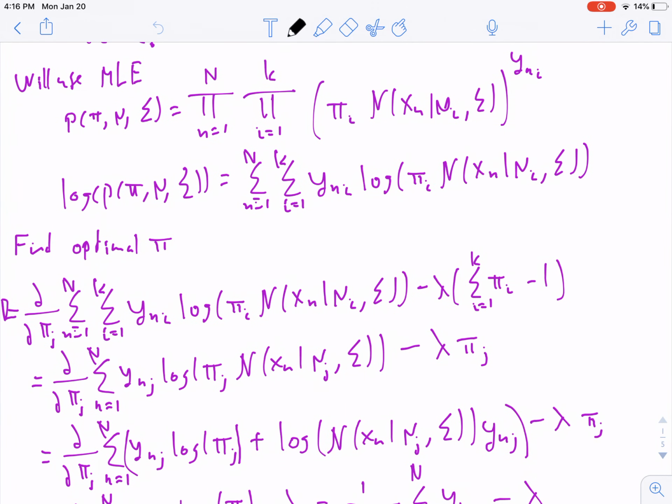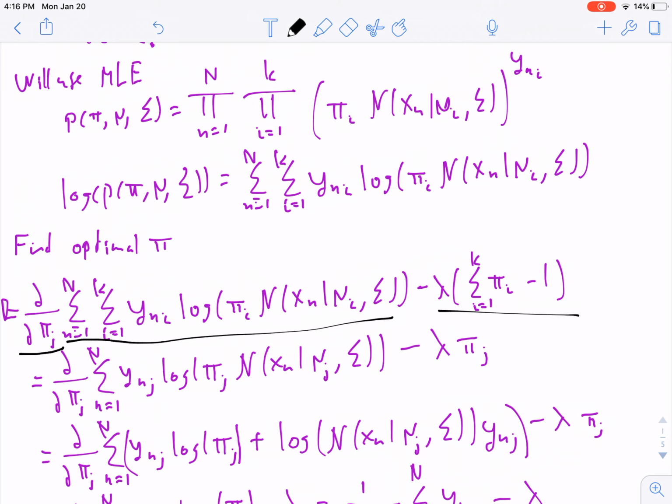So we'll go ahead and take the derivative with respect to pi j of the likelihood, and then we'll tack on an additional term, which is the constraint. We're going to use a Lagrange multiplier here to enforce the constraint. The constraint is that the class probabilities must add up to 1, because every data point is going to be